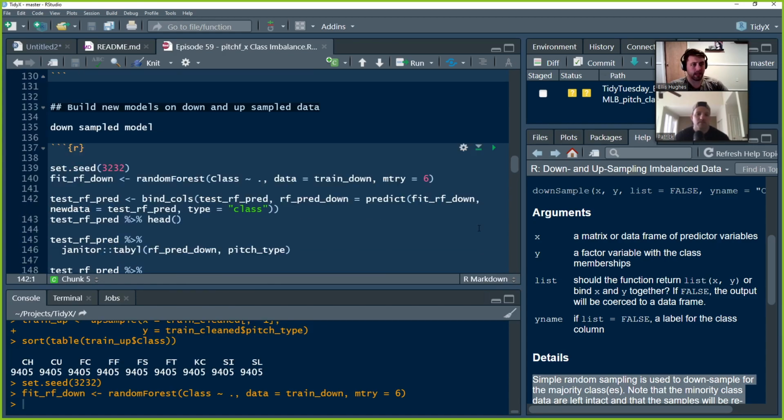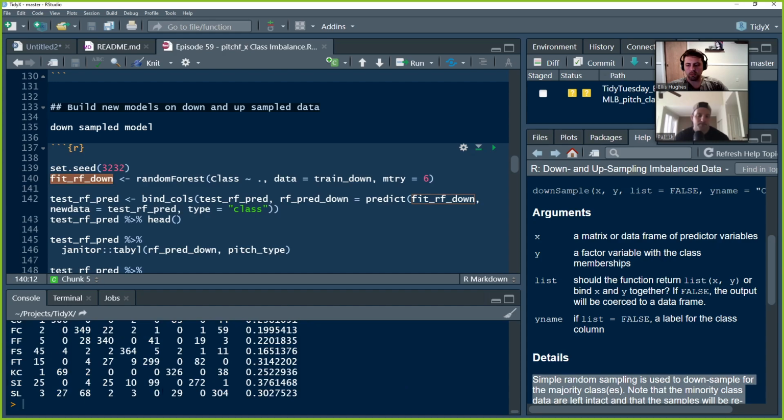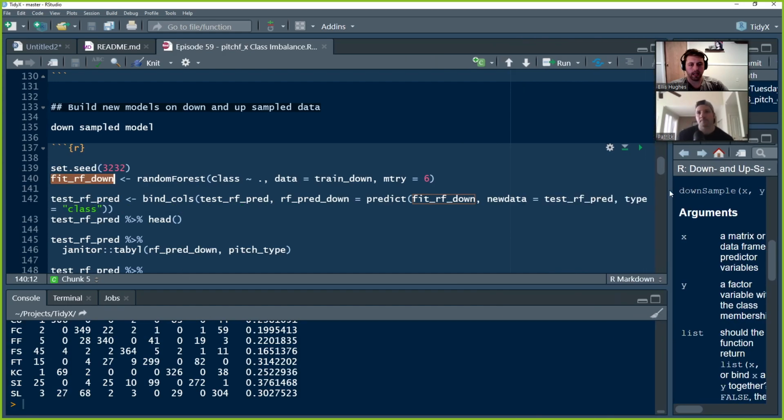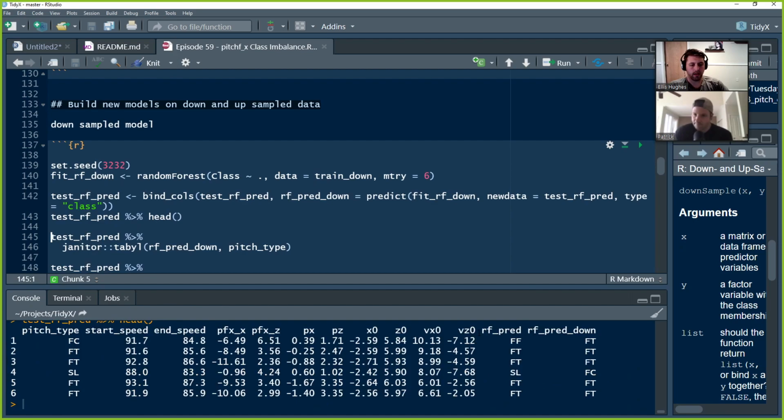As we'd expect, because it is a smaller data set, there's just not as much to chug through. So now we've trained this new model here. We're going to pull out the class once again and bind it to this test rf pred. So now we get the original and then the new